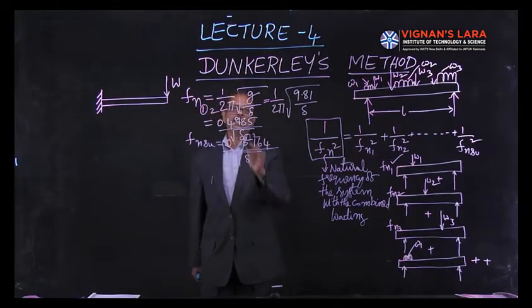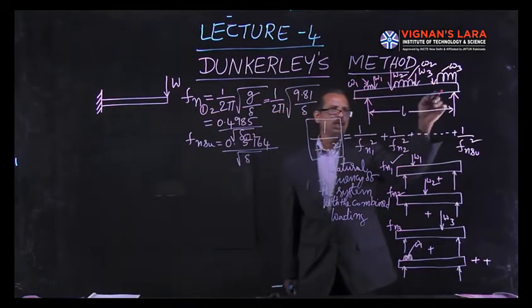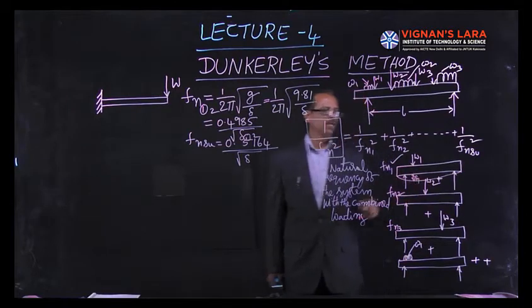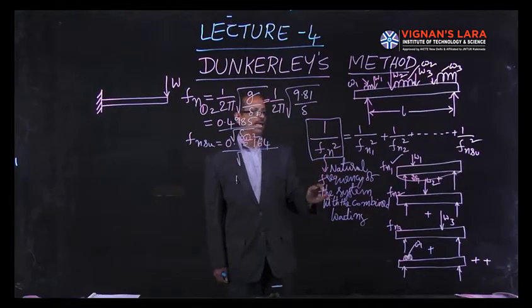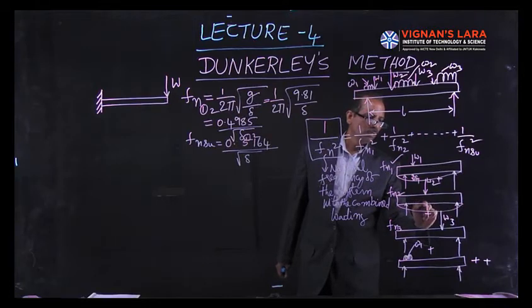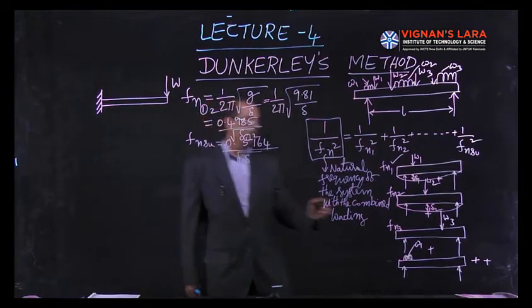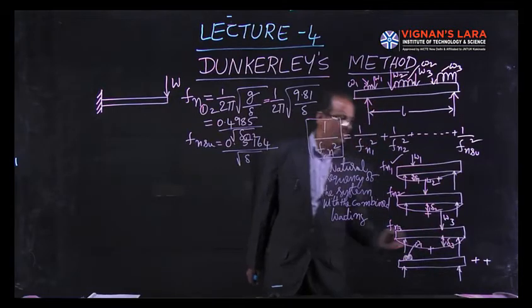So what are delta 1, delta 2, delta 3? If you apply a load only W1, the beam is going to be deflected like this, and delta 1 is the deformation where the load is applied, which is called delta 1. Like delta 2, with only that load, what is the deflection obtained at the load applied point? Only that load, what is the deflection obtained at that location is delta 3.